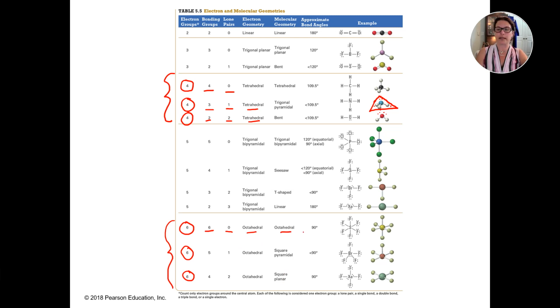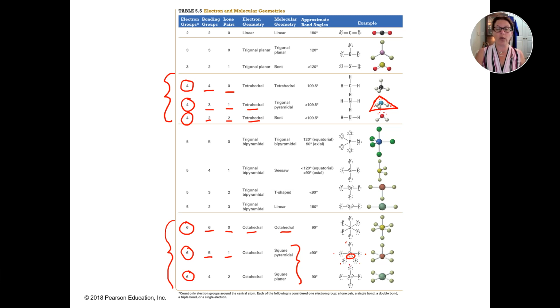They're both going to be octahedral. Once I get into lone pairs and attachments, this is where these shapes and how we identify them differ. So I could have 5 attachments and 1 lone pair. 1, 2, 3, 4, 5. Here's my lone pair. And you can see that this exceeds the octet rule, because bromine has 2, 4, 6,